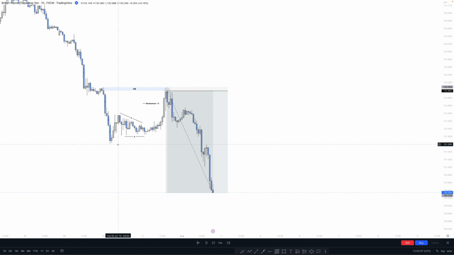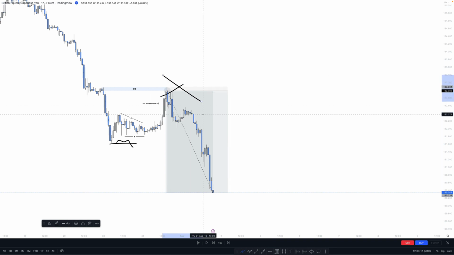No retraces in impulse, and we didn't break the low. As you guys can see, we didn't break the low, so this was the lowest point before our entry, and this is why our trade is valid. So if price action breaks this low, it is not valid anymore, and you forget about it.